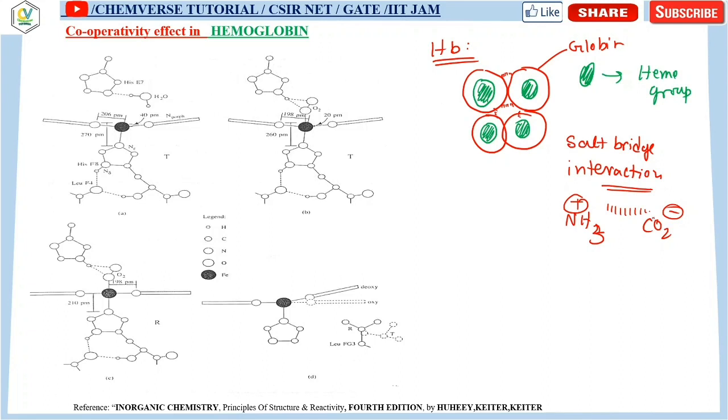You know that inside the protein chain there are so many amide linkages, and there are CO2H residues, NH3 residues, NH2 residues. So that actually exerts this kind of salt bridge interaction. Now what happens when this heme group binds with the oxygen? When this heme group binds with the oxygen, there will be some amount of change in the globin chain, and that change in the globin conformation will lead to that binding with the oxygen. What you can see, binding with oxygen